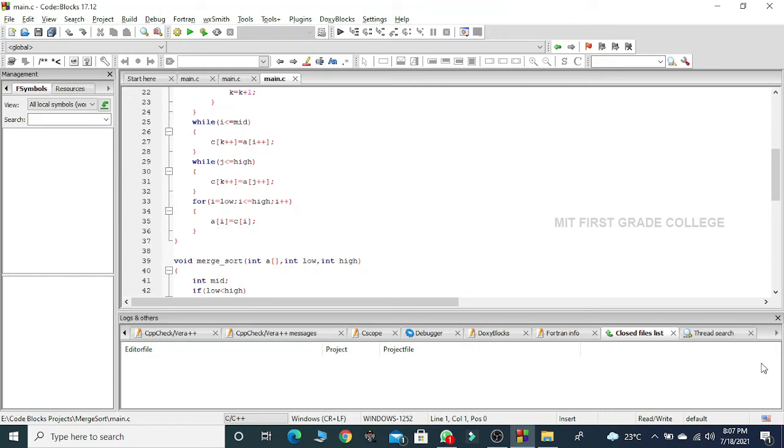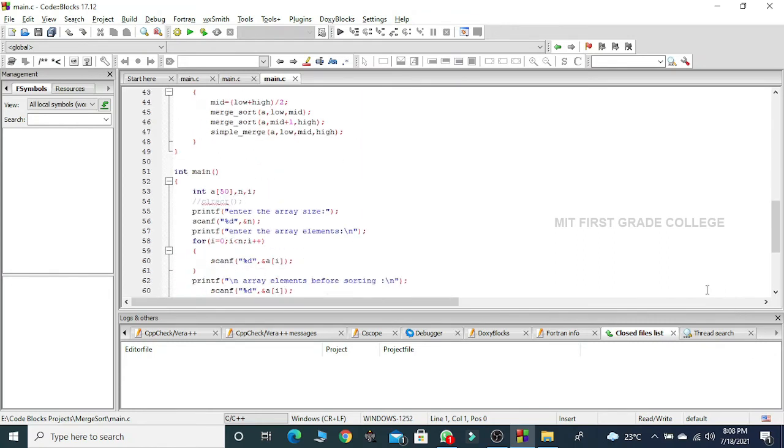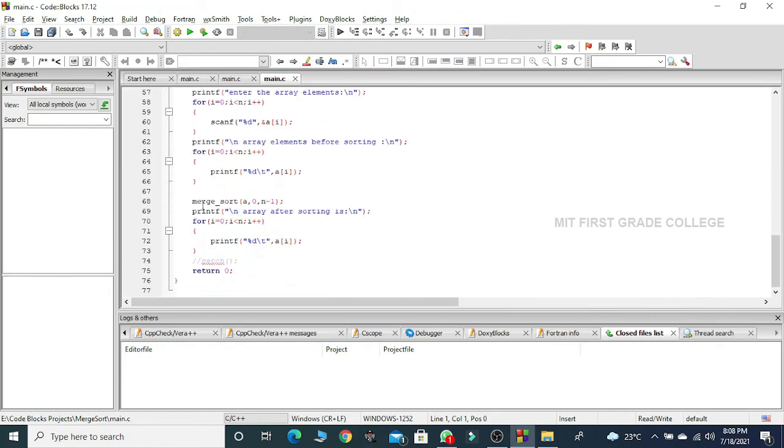When both the things happen, my C array is holding the elements in the sorted order. With the help of a for loop, I assign all the elements of the C array to the array A. So once this is completed, I end up having an array in a sorted order. So the flow of control will come to this point, and I print the array after sorting.